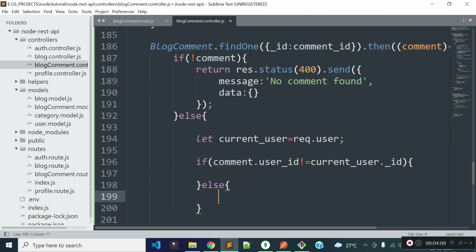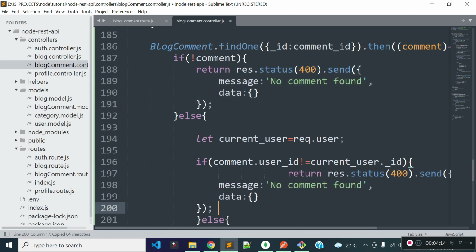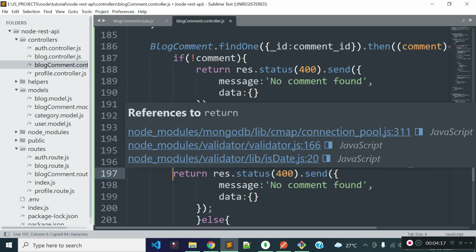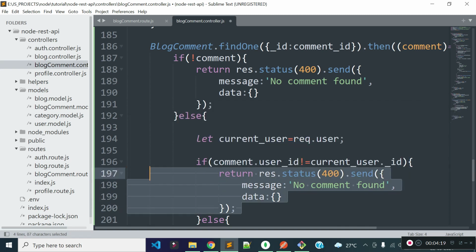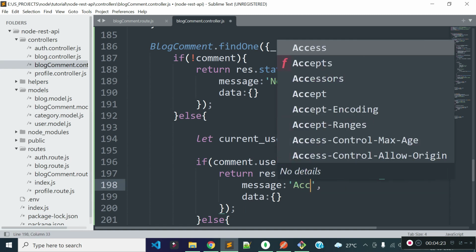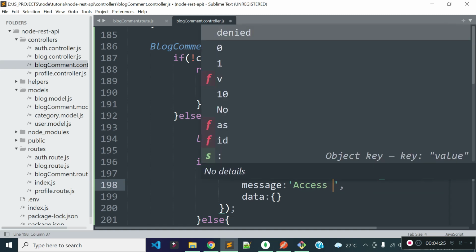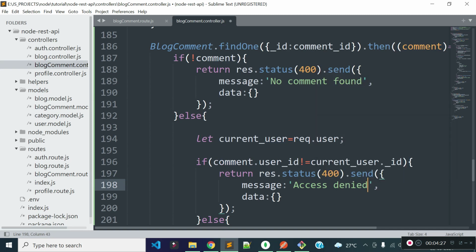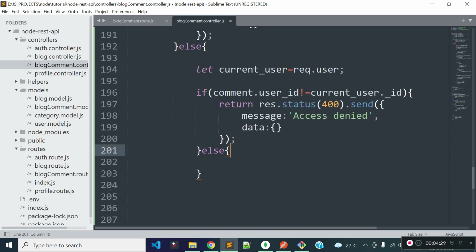Then I'll return a JSON response with message access denied. You can modify the message as per your choice. Right now I am providing an access denied message, and if this comment is owned by the currently authenticated user, then I will allow the user to update the comment.